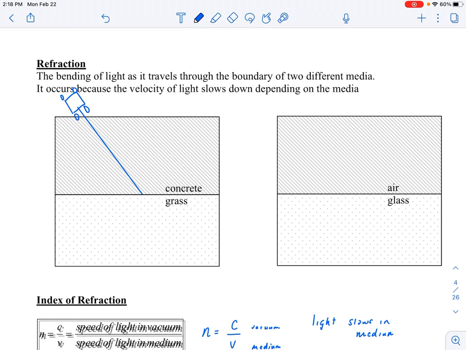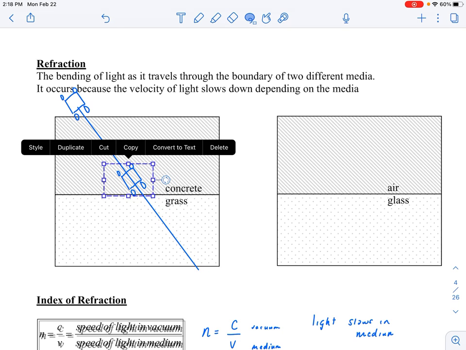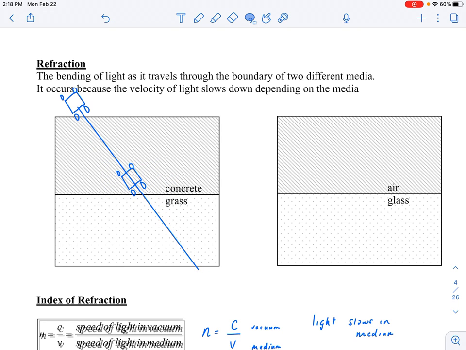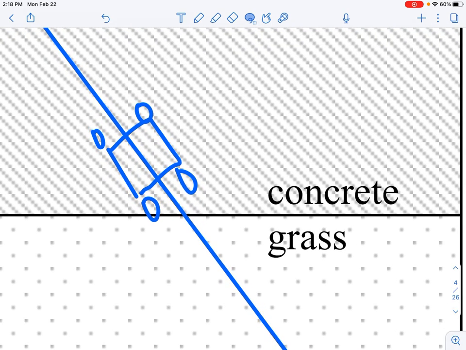Okay, so I'm cruising along, and then, let me take a picture of this. And then I'm going to get to the grass. Now, what is going to happen when I get to the grass? So I'm on the concrete, and I'm going to go faster. On the grass, I'm going to go slower. So the speed